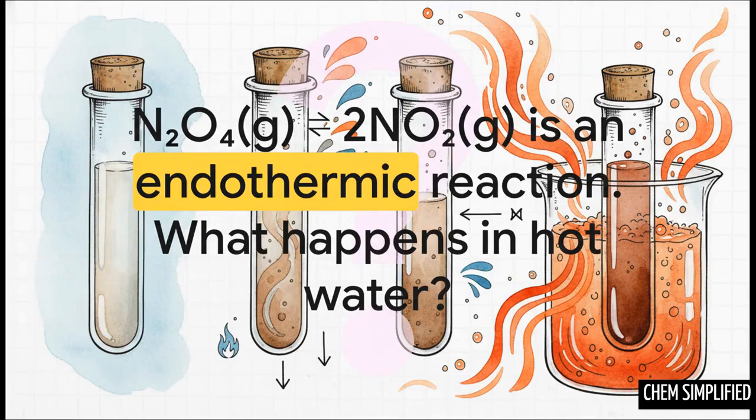We're looking at the equilibrium between dinitrogen tetroxide, which is a colorless gas, and nitrogen dioxide, which is a brown gas. The forward reaction, going to the right, is endothermic. It absorbs heat. So here's my question for you. If you take a sealed tube of this gas mixture and plunge it into a beaker of hot water, what are you going to see? And more importantly, can you explain why, using everything we've talked about today? Think about the stress, think about the enthalpy, and think about which way the system's going to shift to fight